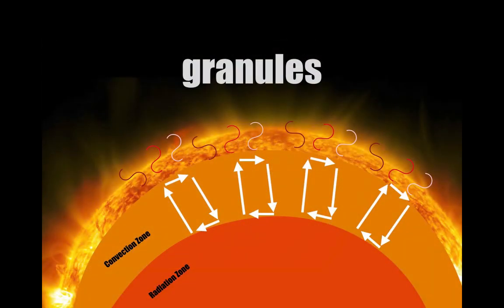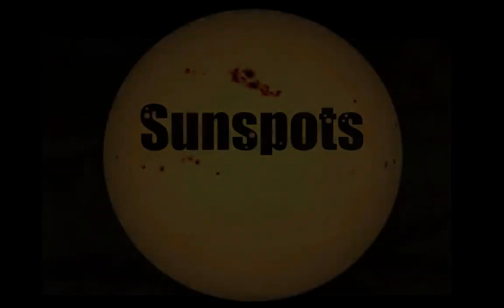Now, something else that occurs because of the convection currents underneath the surface is something called granules. So here's a CGI, computer graphics image of the surface of the sun, this photosphere. So keep in mind that these are all hot gases. It looks like water waves, but this is just that dynamic motion of the photosphere. And these granules, these wave-like motions, okay, these divots that occur in the sun's surface are as a result of the convection currents underneath the sun's surface. So it's a very dynamic star, a lot of movement,